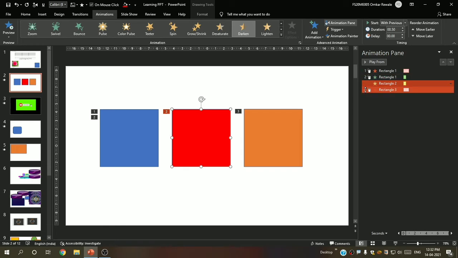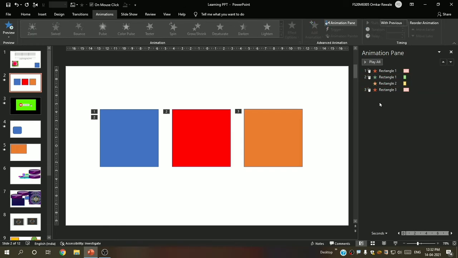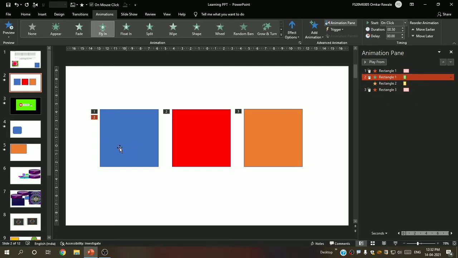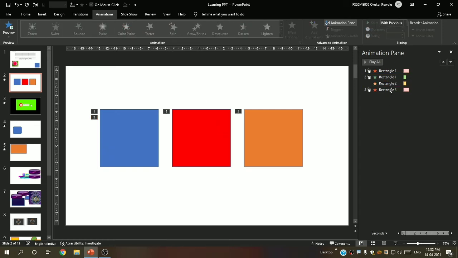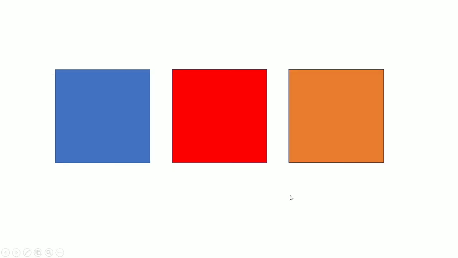Now you can see the number over here has disappeared, and one more thing, these two have become a group. Now when the blue shape is animated, at the same time the red will also show its animation. Now let us see. Now I will click. See, when it comes inside, these two were animated simultaneously.